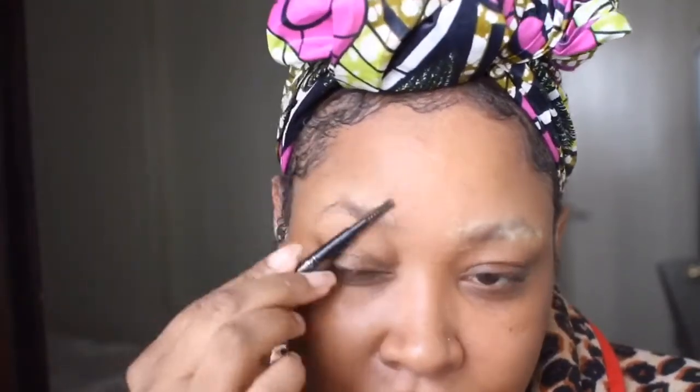I absolutely love our culture and the different elements of creativity we bring to it, so I just wanted to pay an ode to that and do something creative today with the makeup. So let me just brush through these brows real quick